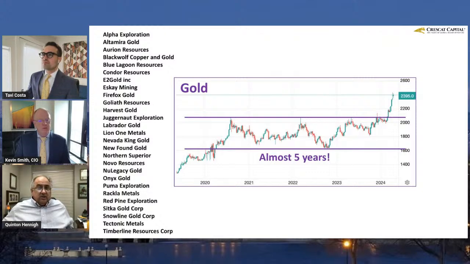Okay. And you can see the pattern that we've been in. We've been stuck in a terminal rut for nearly 5 years, just this channel going across. But when you frame it like this, and then you can see the breakout recently, it is so profound to see that. Okay. Like that, just even for a dumb geologist, you can see that and go, holy cow, gold